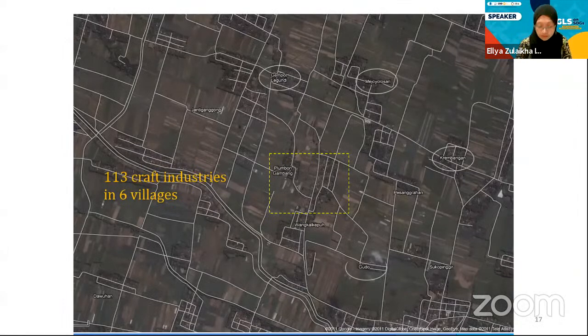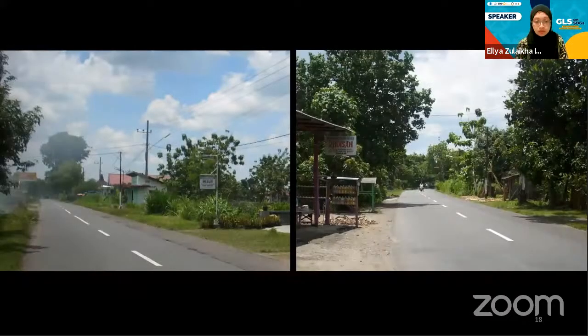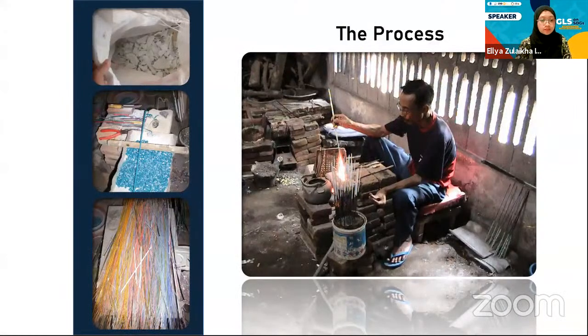There are 113 craft industries there, and it is very easy to find them because there are many boards saying manik, I don't know, Tagalog words. Tagalog is the Philippines language, isn't it? But in Indonesia, manik means beads, yeah? This is very peaceful, isn't it? So the people make